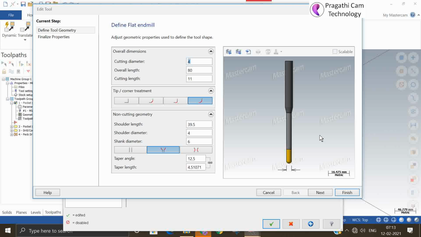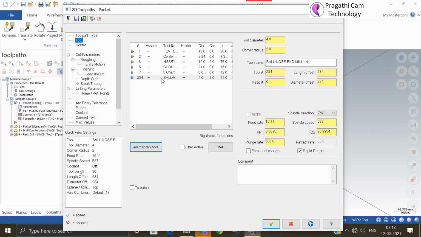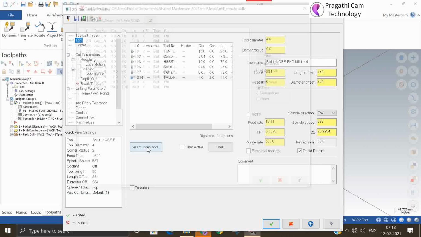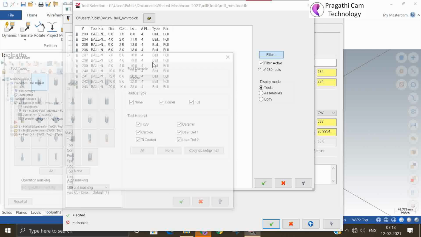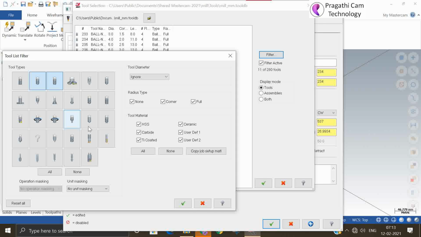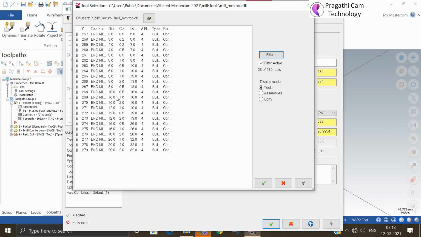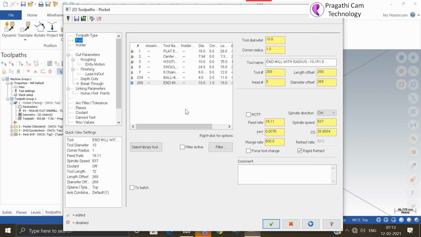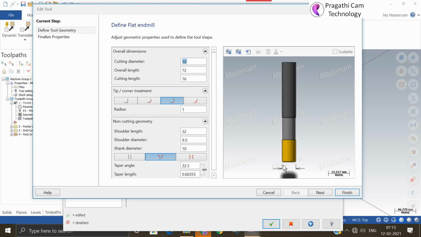The next type of tool is the bull end mill. You can see the shape has a radius on the corner.